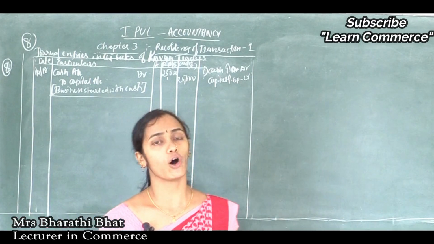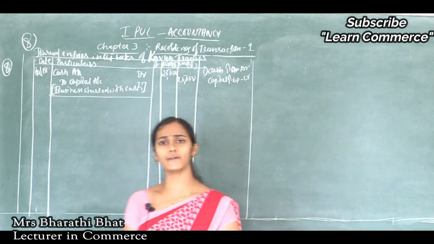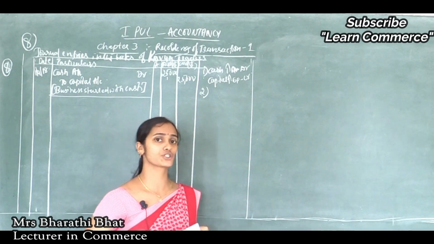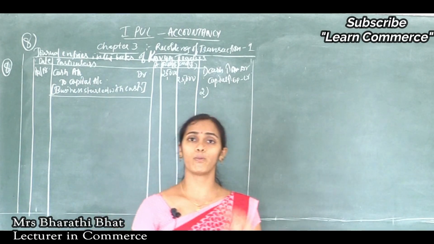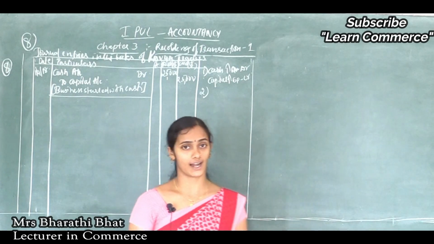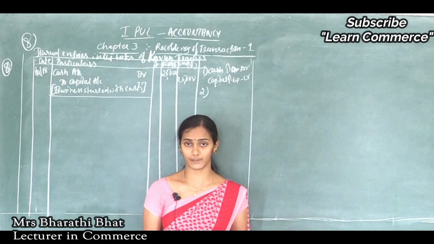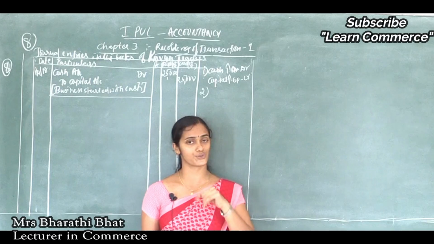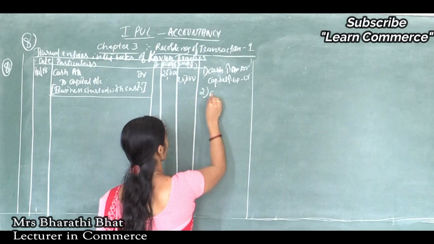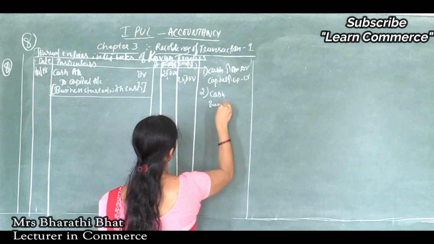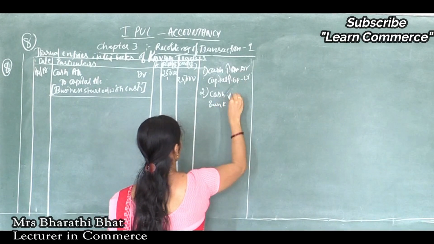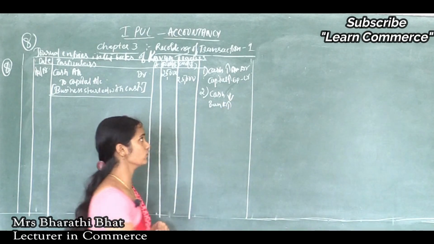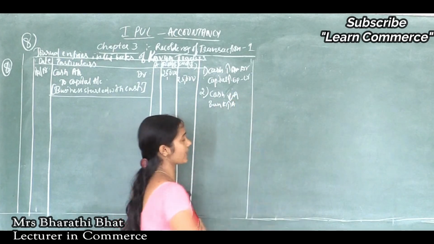And the next one is opened a bank account. Find the two accounts. When we open a bank account, we should deposit some cash into the bank. So both cash and bank come under asset. Our cash shows reduced value because we are depositing cash to open the account, but our bank account shows increased value. So the two accounts are cash and bank, and both come under asset account.